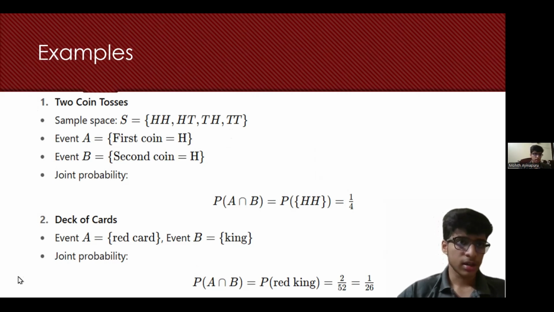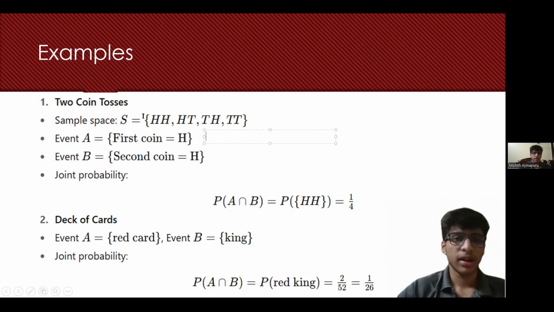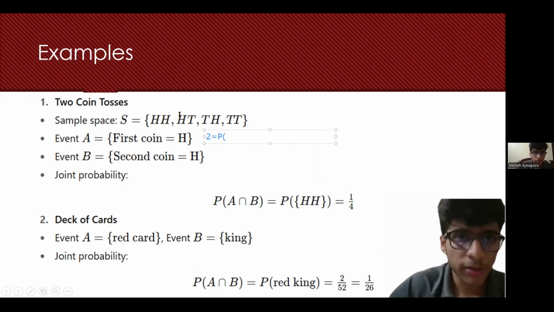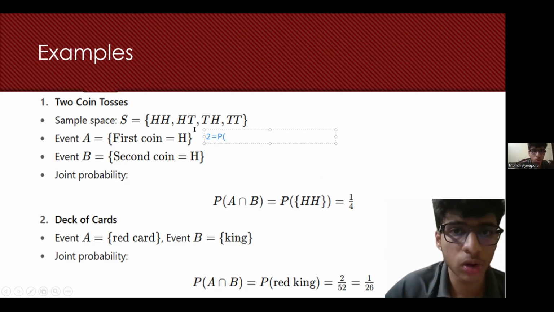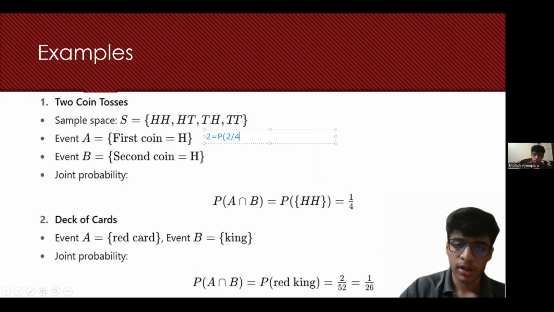For this event, a number of possibilities are here: head comma head, head comma tail. So there are two possibilities for this event. And next, the probability: consider the probability is 2 by 4. The two outcomes are possible, so 2 by the total number of outcomes is 2 by 4, and it is going to be